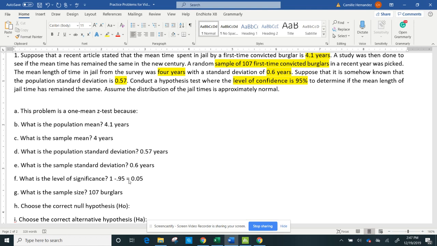I need to go back and answer A. Why is this problem a one mean z-test? And it's because I have a population standard deviation. Okay, and that's the only reason I'm doing that, because I have a population standard deviation. So I have answered everything else. Now the next step is